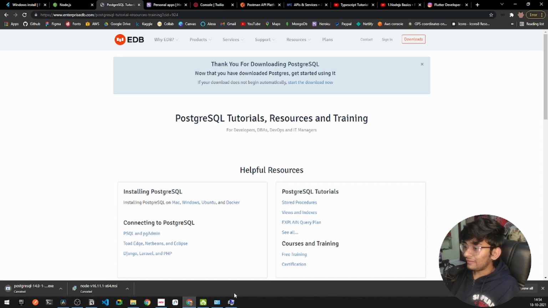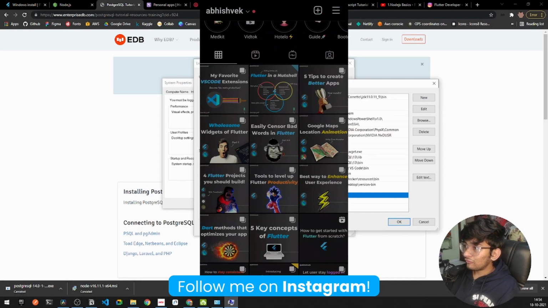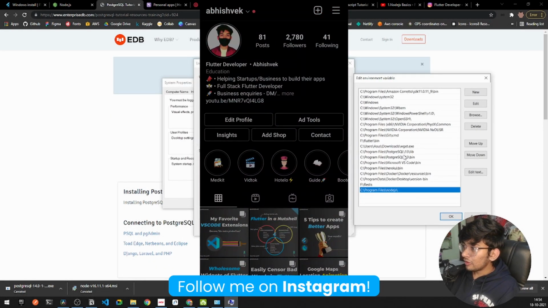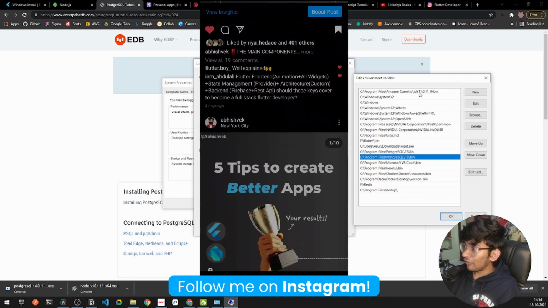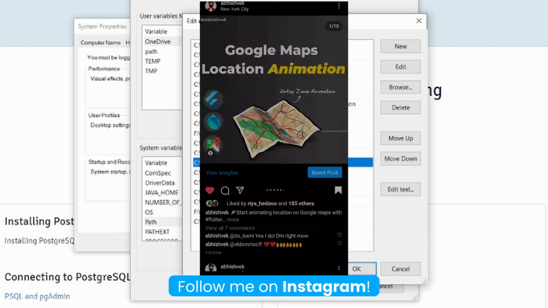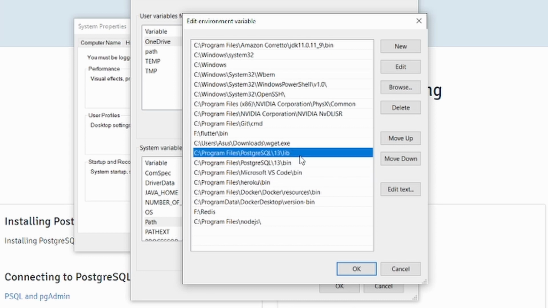Besides that, the second thing you have to do, once PostgreSQL is installed, is add the local path. Similarly, under the environment variable of path, you have to add the lib and bin folders of the PostgreSQL that you have installed. Right here you can see I have my Program Files, and under my Program Files I have PostgreSQL up and ready. Under the bin folder and also under the lib folder, I have to add both of them to the environment variables. Once you have added them, we are good to go.